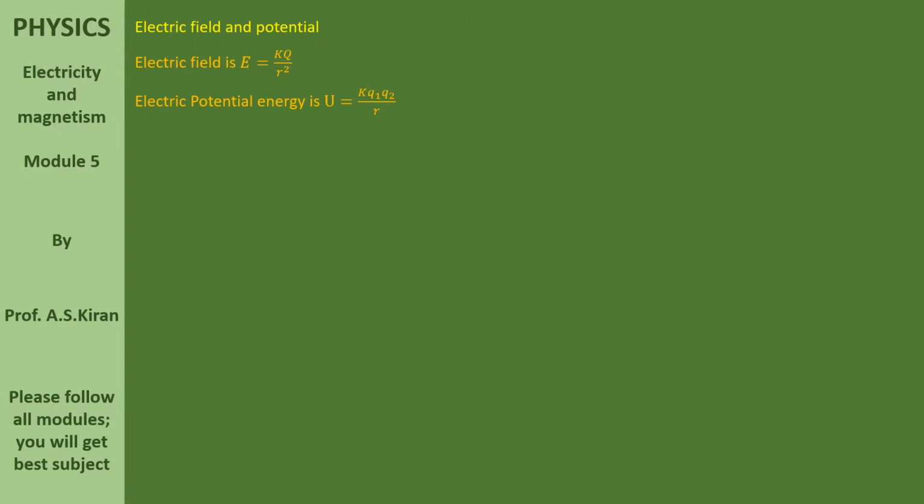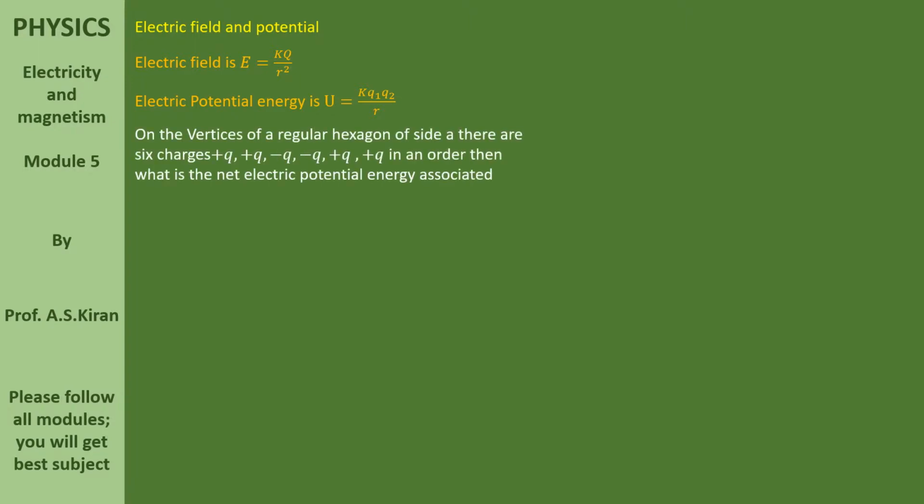Now, let us have some small example. Of course, it is not a small example. Somehow a bit complicated. But the purpose here is to learn the subject properly. Don't worry about the calculation part. Here, electric potential energy is a scalar quantity. Please remember that. What is the unit for it? Joule. In the previous module, we learned it.